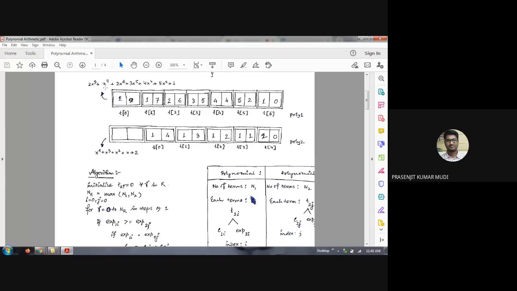But not necessarily will there be 9 terms in the polynomial. Here also the degree is 4. The maximum number of terms could be 5, but yes, here all the terms are present. It's an exact polynomial. This is okay. So